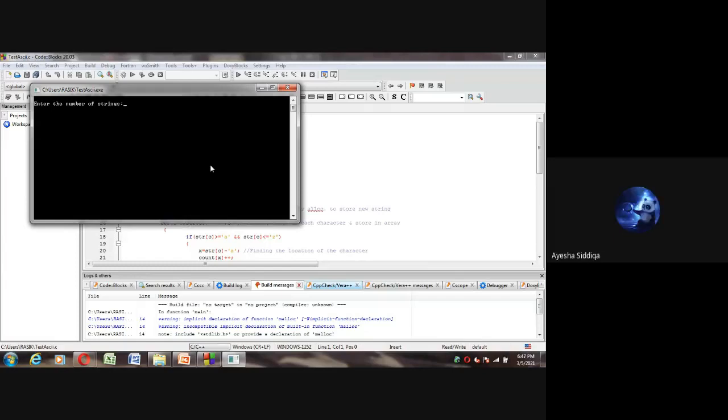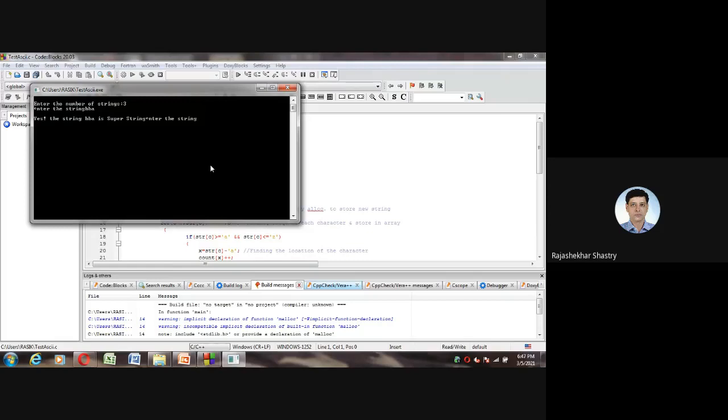Yes, sir. Now let me check for 3 strings. I'm interested in checking for 3 strings. So T is 3 for me, right? Okay, your system is ready to test for 3 strings. Then enter the string. First string we have to enter. Shall I enter BBA the same? Yes, sir. Okay, uppercase it is taking. Let me change. BBA is the string I have given.